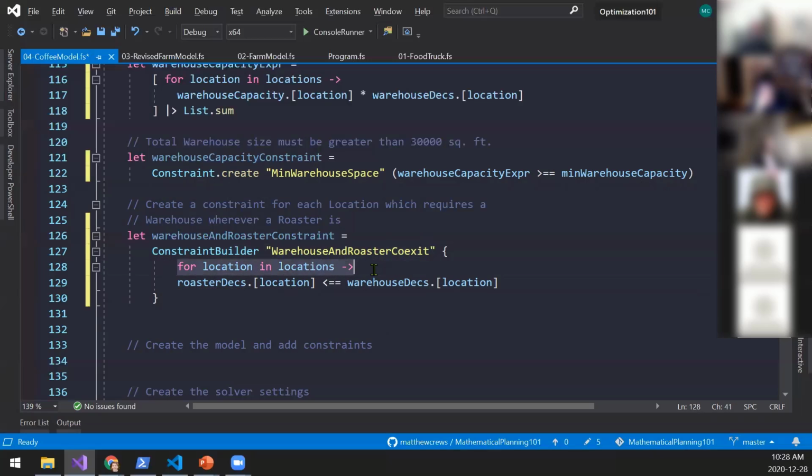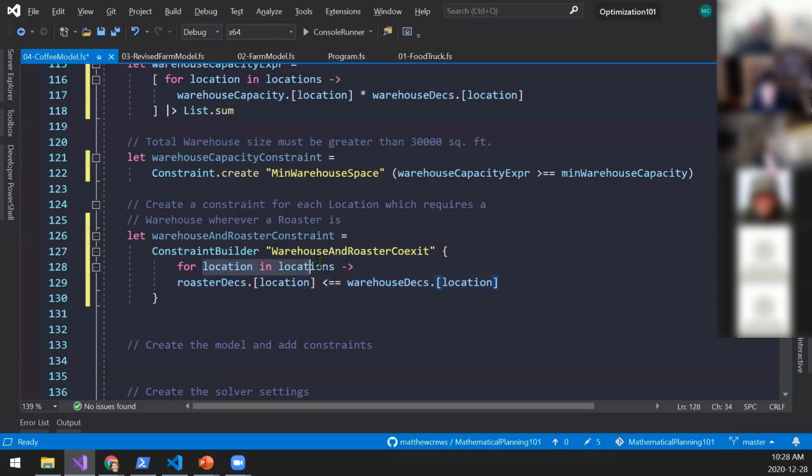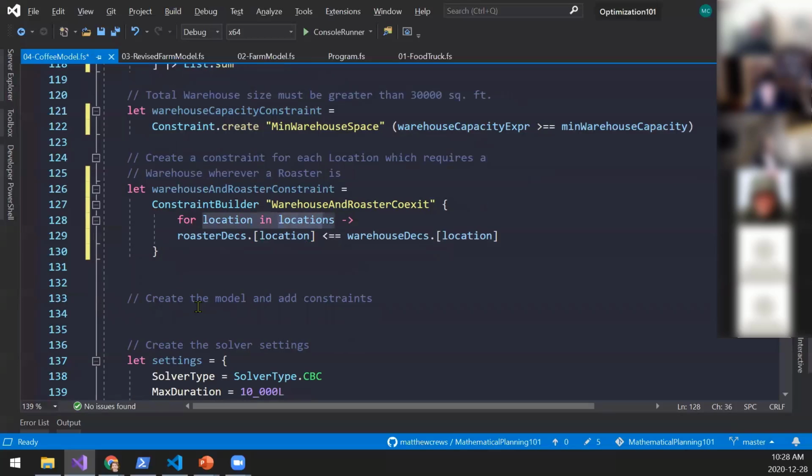You're going to create a constraint associated with each location. And so I'm also going to use that for part of the name. And this is what the constraint expression is. This is the comparison that I'm creating. And so this is going to create a sequence of constraints, because it's going to do this for each location automatically. And it's going to take care of the naming for me automatically, because I am lazy.